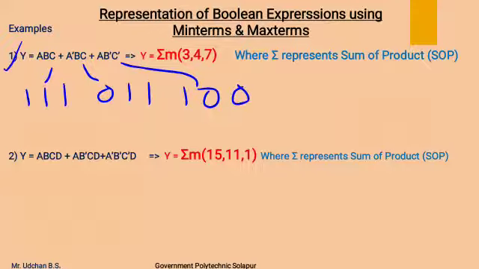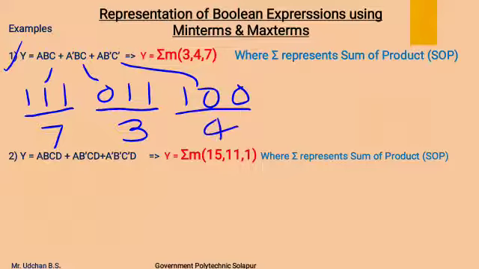Now we have to write a binary equivalent of these three groups. For 1 1 1 we will get a binary equivalent of 7. For 0 1 1 we will get a binary equivalent of 3, whereas for 1 0 0 we will get a binary equivalent of 4. This we already learned in the first unit, how to write a binary equivalent for 3 bits and for 4 bits using the 421 formula and the 8421 formula respectively.